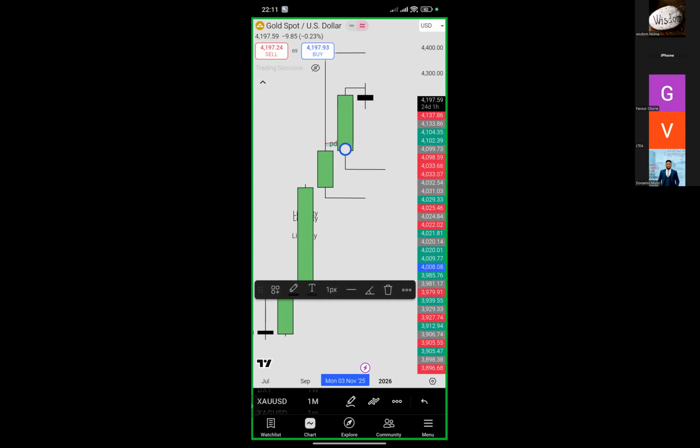Now, what you can see, right? We have taken the high of November. Do you know what that is? Liquidity. Usually, we need to rebalance some inefficiency. Where do we find this inefficiency? That candle itself, forget the fact that it's a ranging candle, it's an accumulation candle. So within this candle, we need to look for